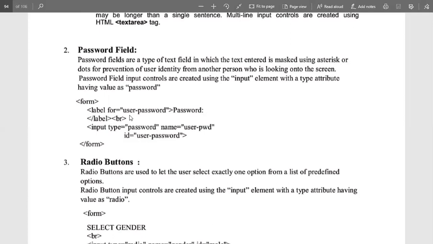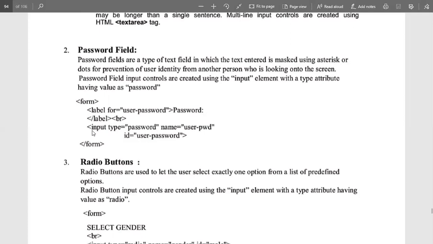For example, I am opening my Gmail ID, and I am surrounded by my students, four to five students. Is it possible to show the password to everyone? No, I don't want to do that. Then I have to fill in the password field. So what the password field basically does is show asterisks on the screen, so that no one can understand what the actual password of this particular Gmail ID is. So the password input control is created using the input element with the type value equal to password.